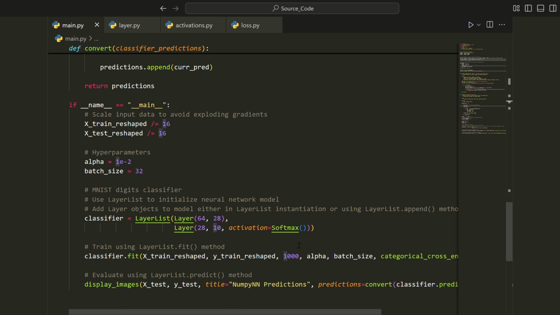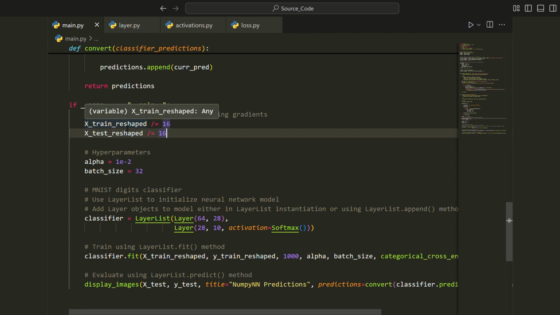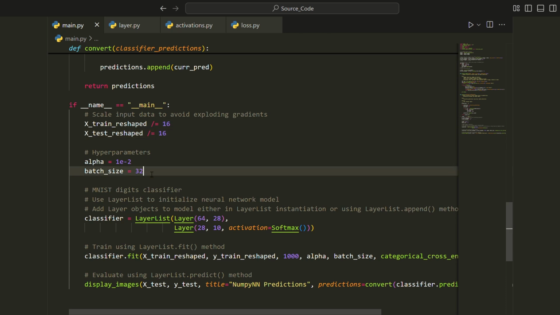We're first going to scale the input data to avoid exploding gradients. That is, if the values in our testing and training dataset are greater than 1, then there is a chance that during the matrix multiplication, the gradients get stuck in a vicious cycle where they exponentially grow and result in an unusable model. We'll also define these hyperparameters here, the learning rate and the batch size, and we'll write our